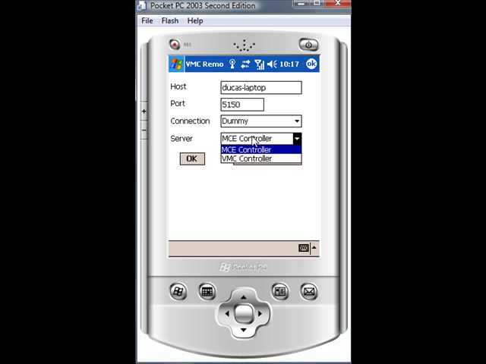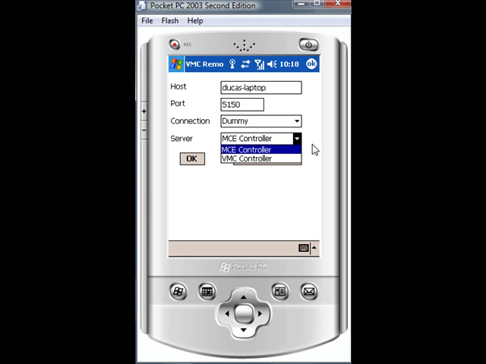Now the two different types of servers that are being factored into this application are MCE controller and VMC controller. Both of these are very popular at the moment. MCE controller has been around for the past few years. It is built on .NET 1.1. It runs in the sys tray and allows you to actually view a log of what's happening at any time, whether it's connected, what commands are coming through, and it basically works using send keys through to the Media Center